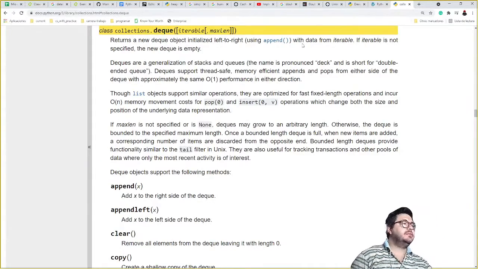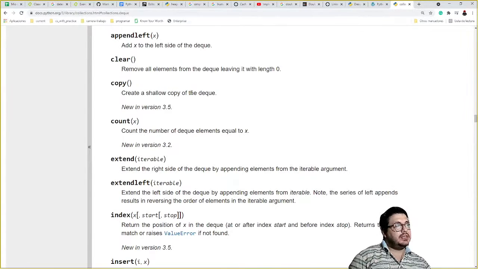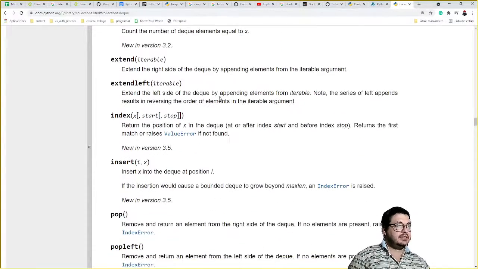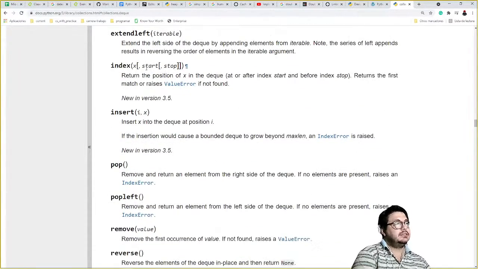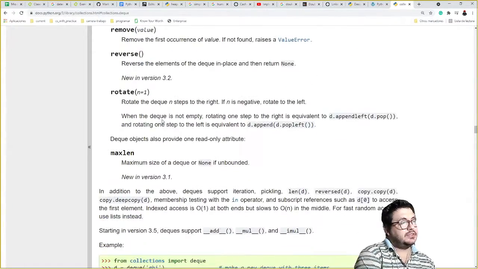Okay, so clear, copy creates a shallow copy of the whole deque. Then index, insert, pop, rotate.